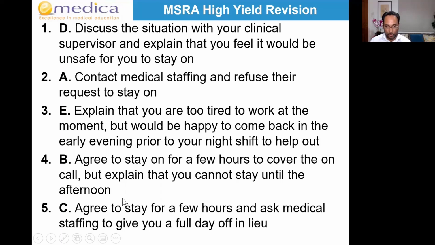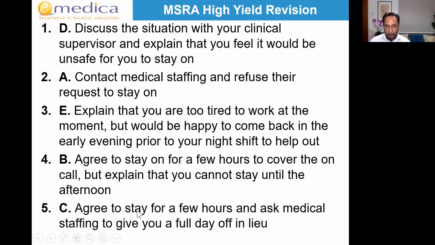But like, this is a really hard question. For a particularly hard question, often, if you find the best two, find the worst two, the middle will find itself. So let's leave E for a minute. Let's look at B and C. Do you all agree that it's not safe for you to stay on and see patients? Everyone said that that's not safe, okay? So what separates B and C? Because in both of these, you're doing something dangerous. You're staying on even though it's not safe.